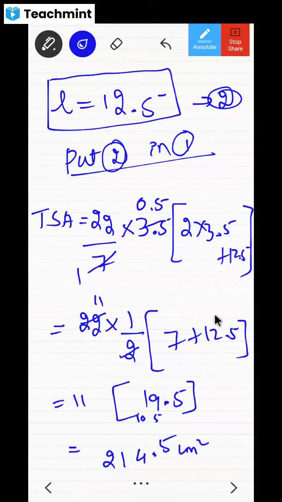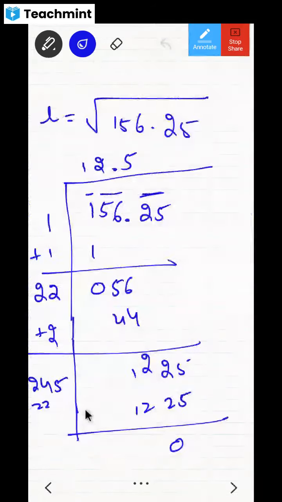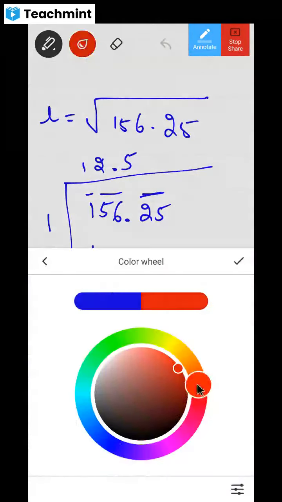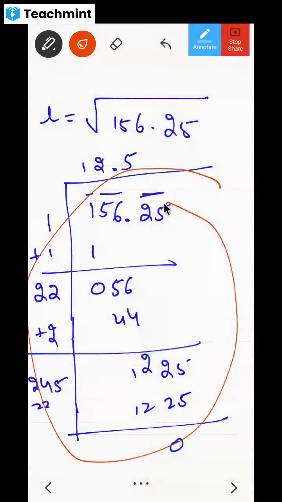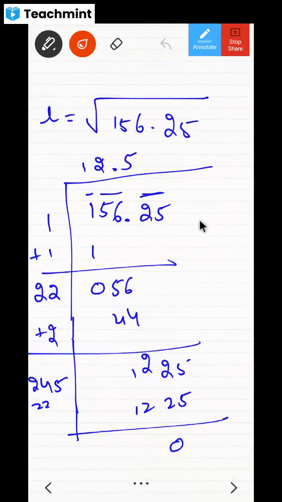Look at the flow of this problem, and some of you may be finding this one troublesome, wondering where it came from, oh my god, like that you must be feeling. But this is also very simple, you'll get it. The thing is that you have to practice.